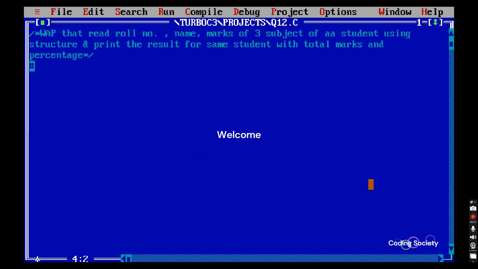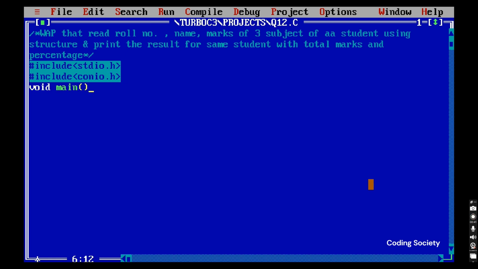#include <stdio.h> #include <conio.h> void main() { clrscr(); getch(); Let's make our user defined data type struct result